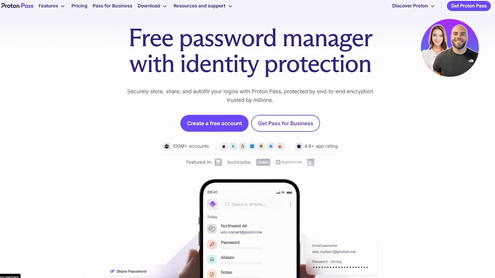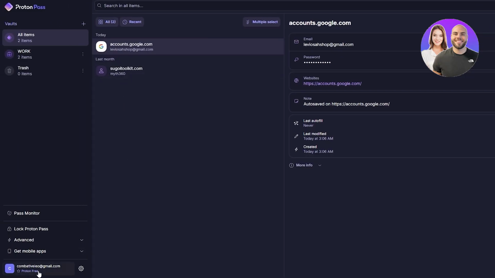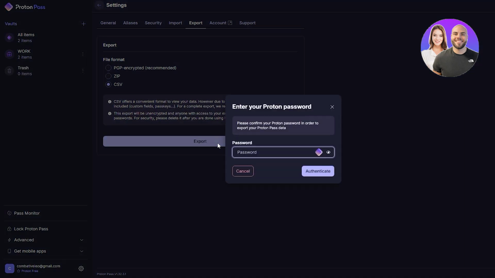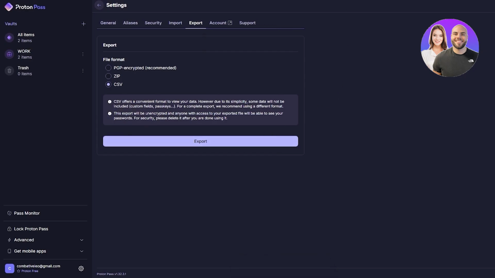So I'm going to log into ProtonPass. So here we go. I have two passwords over here. So what we're going to do is we're going to click on the settings button. Here we have the export option. We're going to export it in a CSV file. We're going to click on export, and we're going to input the password, click on authenticate. And now that it's exported, we're going to save it over here. We're going to come back